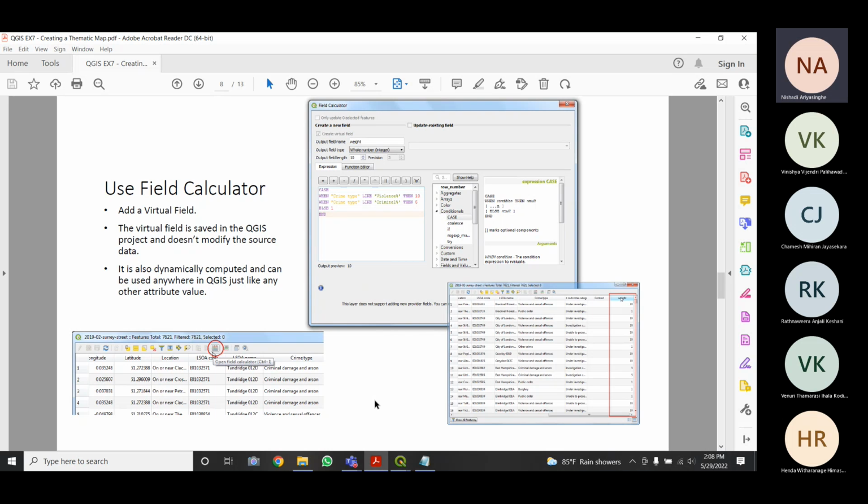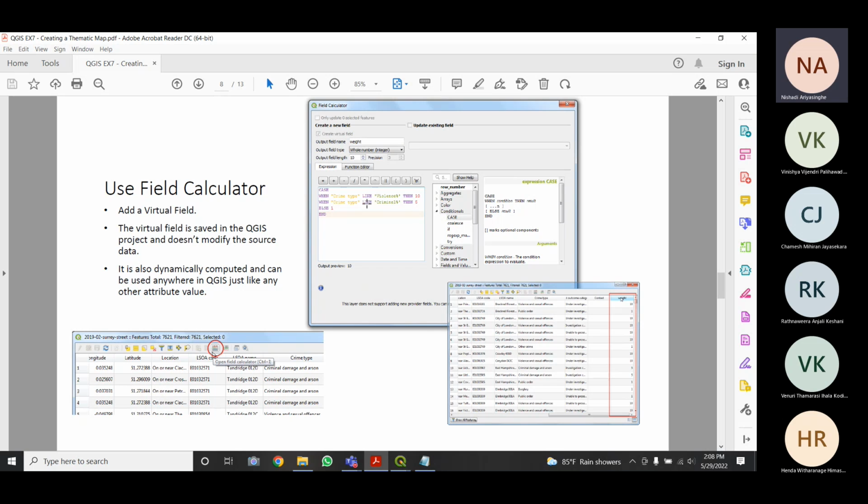So how we are going to do is we are going to open the field calculator and you have to write a case statement. I think you already know how to write a case statement, a switch case. In many programming languages, we have this case statement.